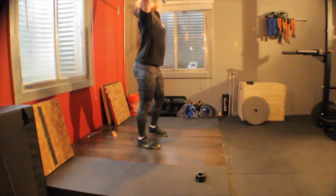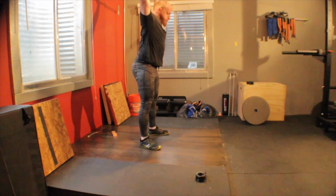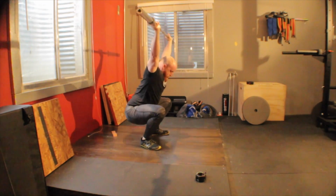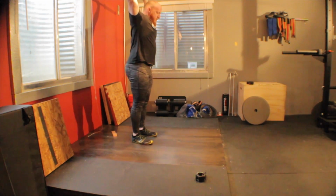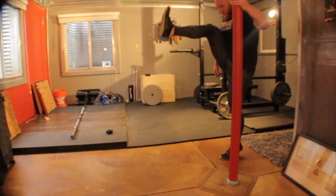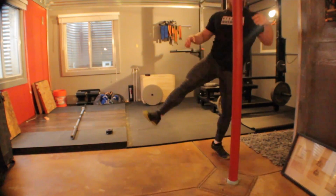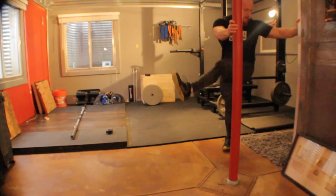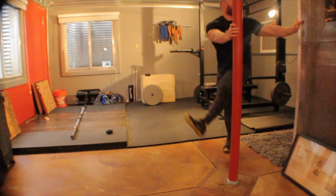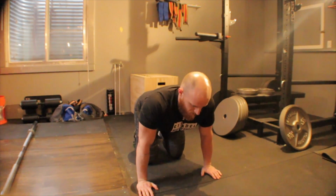It might not seem like a pretty big difference, but it ends up being a little bit more of a moderate stance and feels a lot more like a conventional deadlift, I guess. So not as tough off the floor, but still relatively easy at lockout. So essentially a little bit of the best of both worlds when it comes to some of the things we like to see with sumo and some of the things we like to see from conventional. So we still get a relatively open hip angle and keep the hips a little bit closer to the bar. Yeah, there's still a little bit of a more closed knee angle, but